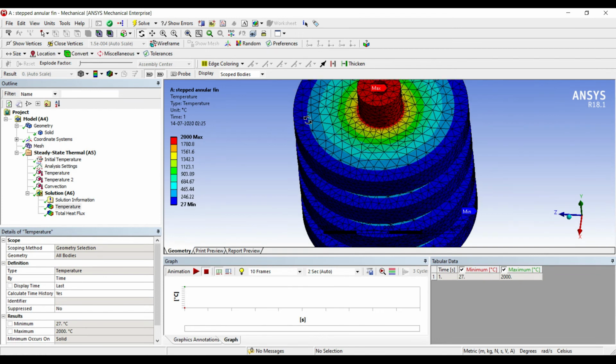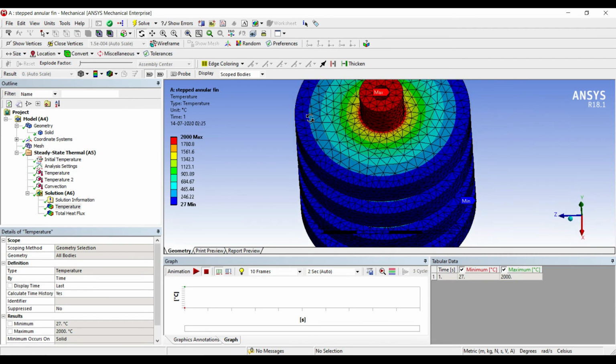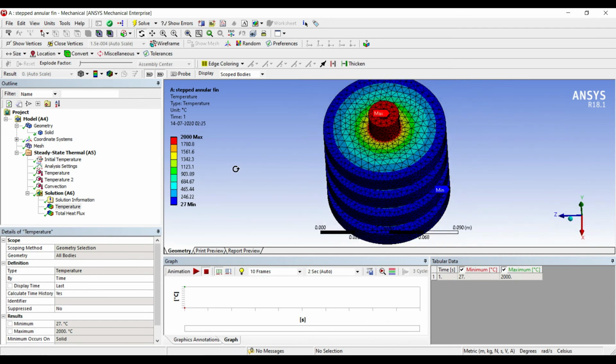There will be a difference between the previous numerical and this one. In the previous numerical, when you solve for a simple annular disk, there the amount of heat loss will be lesser because there is only one disk attached. Here, since there are more number of disks attached in the hollow cylinder, hence the amount of heat transfer to the ambience is going to be more. So the temperature profile will be different even if you take the same values in both the numerical, and if you want to compare, you will still see that the temperature profile is going to vary a bit because the amount of heat loss over here is more.